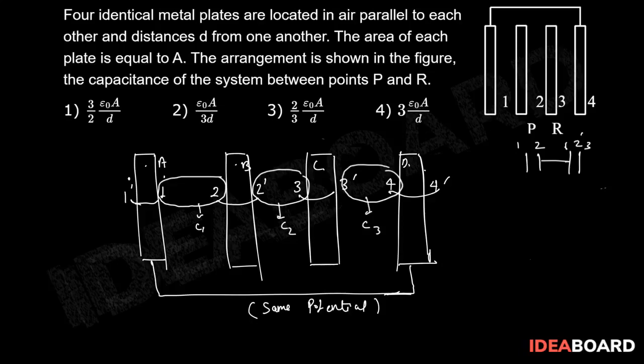Now 1 and 1 dash has to be connected with 4 and 4 dash, that means 4 and 1 have the same potential. So that means this will be 4, then this will be 3, correct? So we made 3 capacitors, and what do we know? That 3 and 3 dash, so this is 3 dash, 4 and 3 dash, this is capacitor number 3. So 3 and 3 dash will have the same potential, so we match this one.